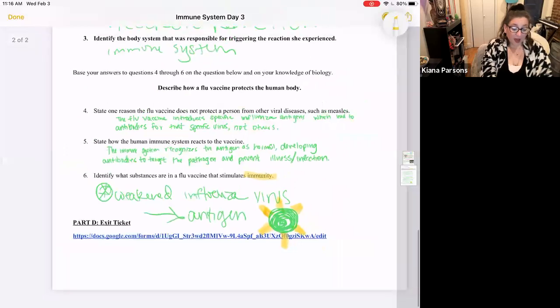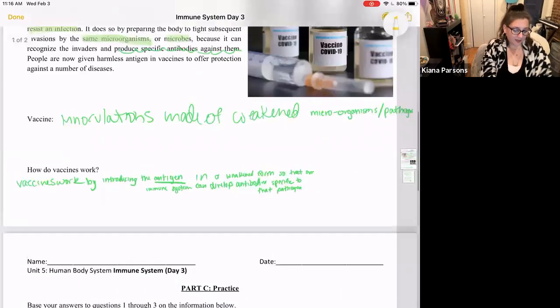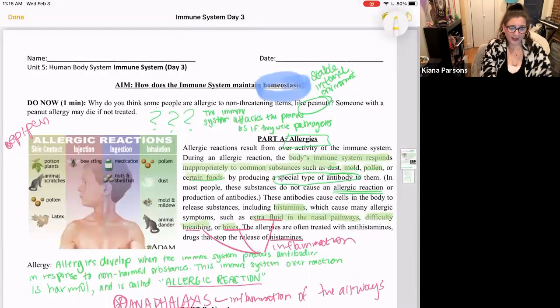So go ahead and complete your exit ticket. And that is all we have for the immune system. Today's aim was, how does the immune system maintain homeostasis? Go ahead and look out for the immune system vocabulary